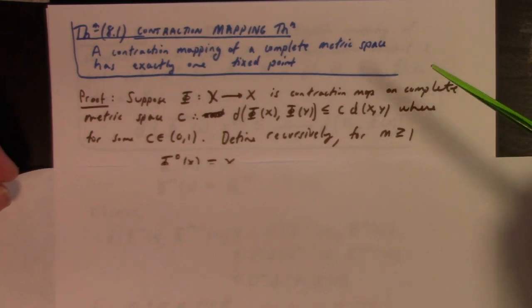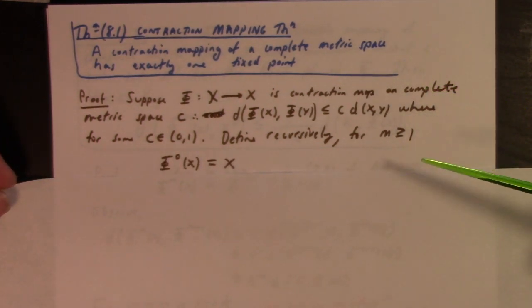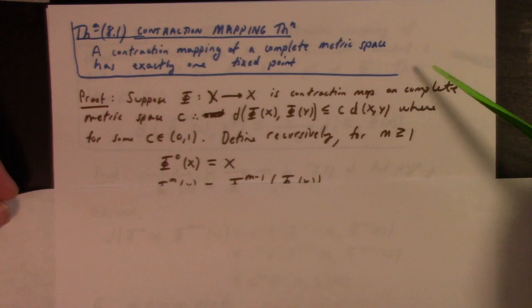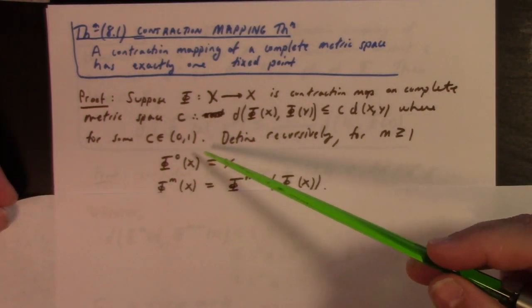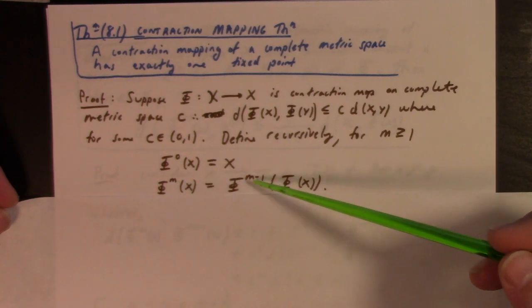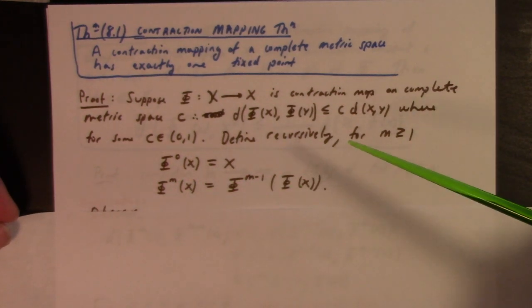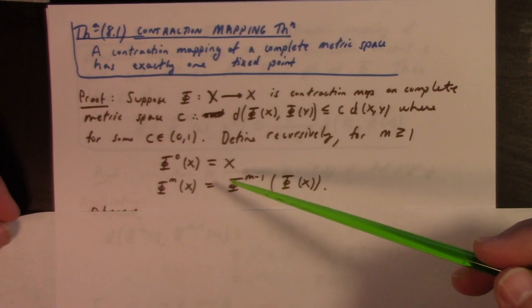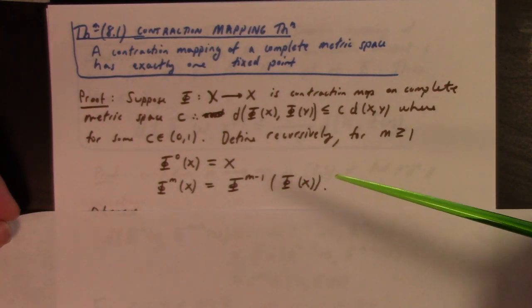So, following Gamelin and Greene and a host of others, we define recursively for m greater than or equal to 1, first of all, phi naught of x is x, all right? And phi m of x is phi m minus 1 of phi of x, okay? So the zeroth map is the identity, and